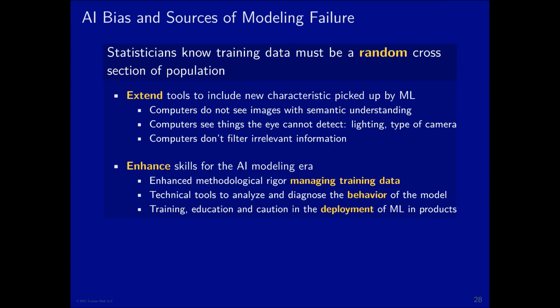The problem that we have is as we apply these AI techniques, the machines, quote unquote, see things in images which we don't see, and they look at them in a different way. So you can have a biased sample of data that you're feeding into your model, but not be aware that it's biased. But really, this is not a matter of building some brand new technology that no one's thought about. To solve this problem is a matter of enhancing existing skills that statisticians have around managing training data and doing testing of it to ensure that it truly is a random cross-section.